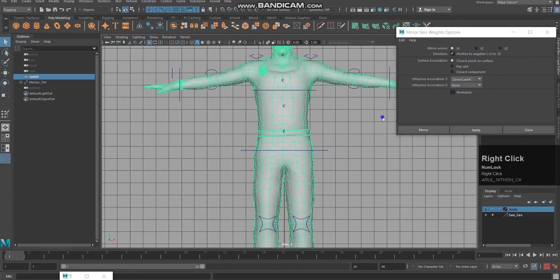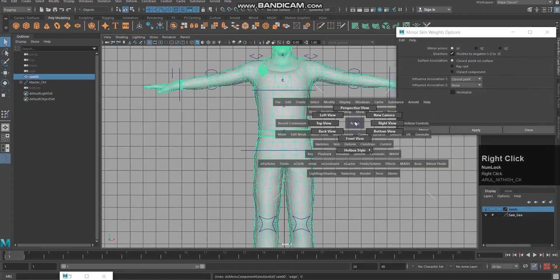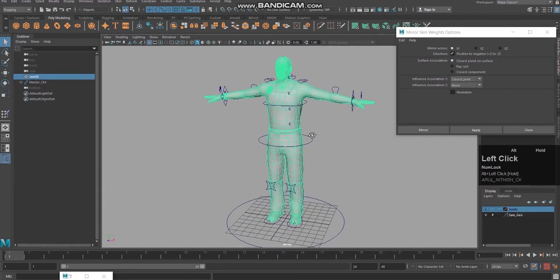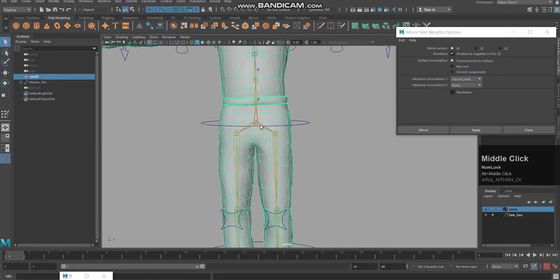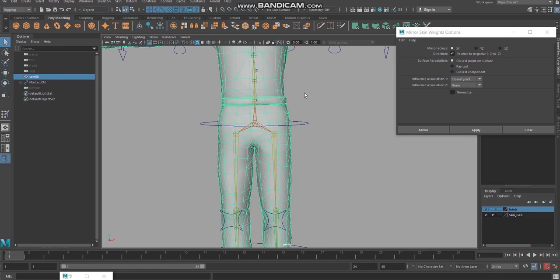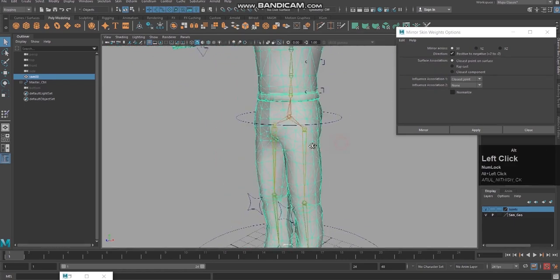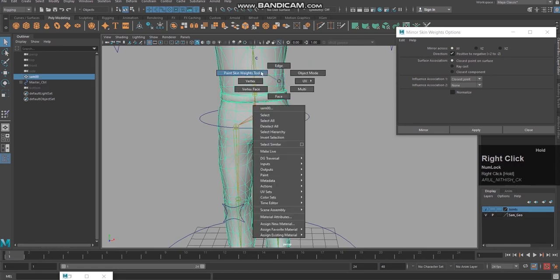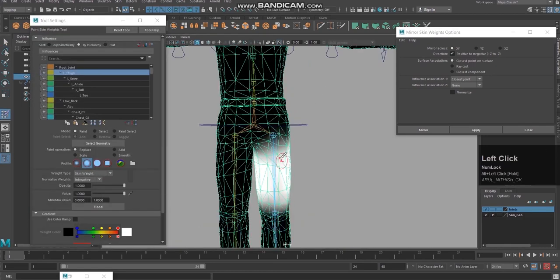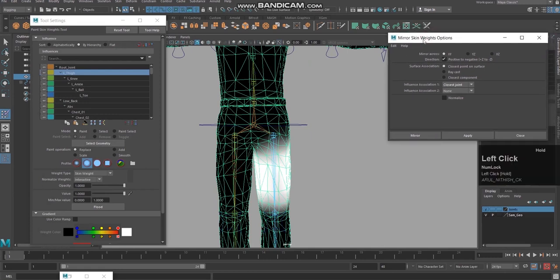See, X, Y means what will happen? We mirrored the joints, the mirror joint, we have done it. We have done one side and given mirror joint, so it came on the other side. For that we have chosen Y and Z. Similarly, we check the values in which axis it appears properly. So for this one also I need to check. So this should come here. I'm going to apply mirror skin weight in the XY position and mirror.